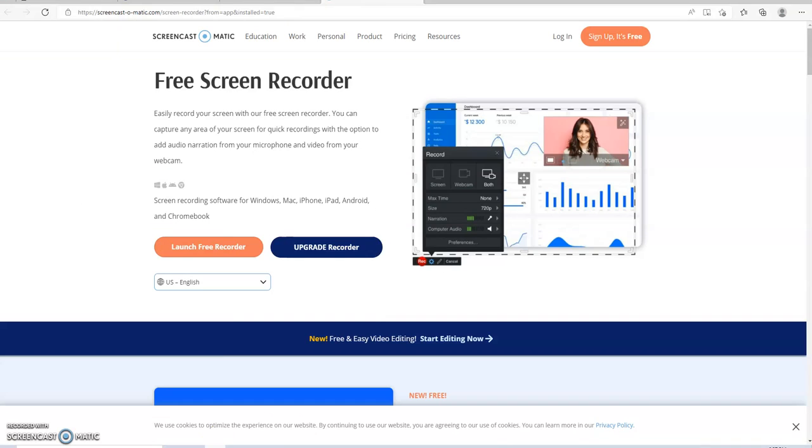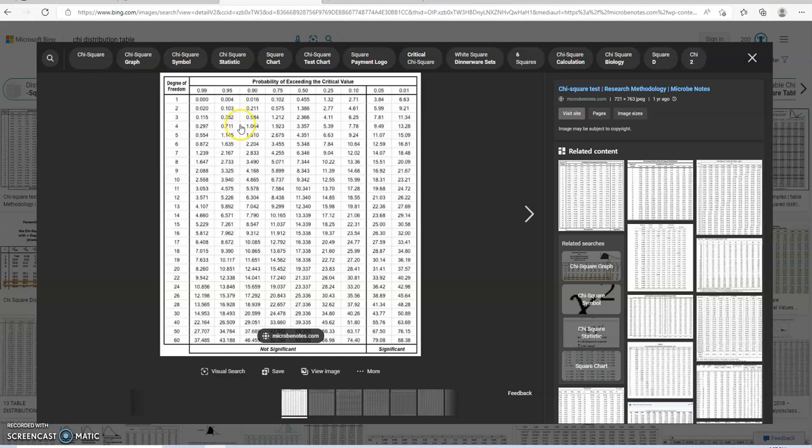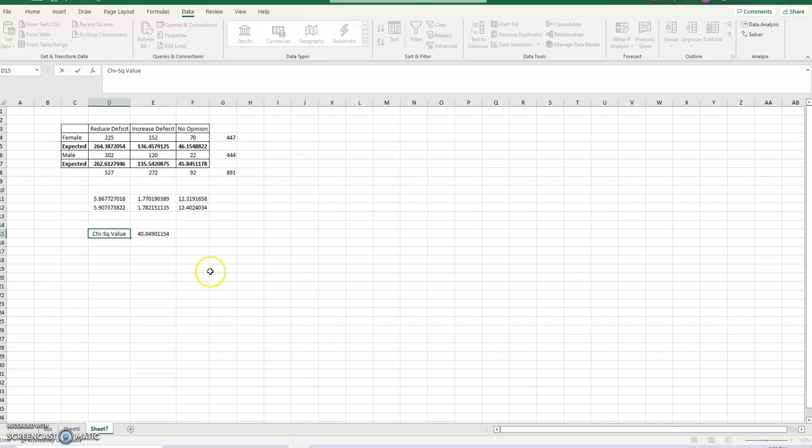I think I have that for you here very quickly. I do. What you find here, and you can figure this out fairly quickly, is that you have 2 degrees of freedom. And if you were doing this at the 0.05 level of significance, you will find that the critical value for 2 degrees of freedom is 5.99. If I go back to my spreadsheet here, notice I computed a chi-square value of over 40. So since the chi-square value is greater than the critical value, what you would do in that case, according to the